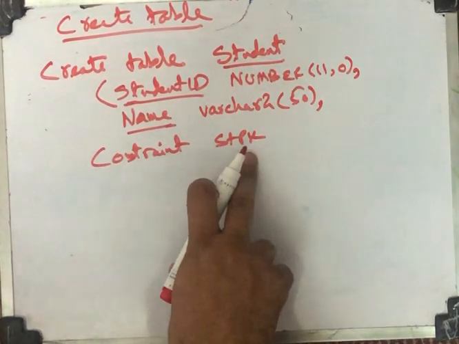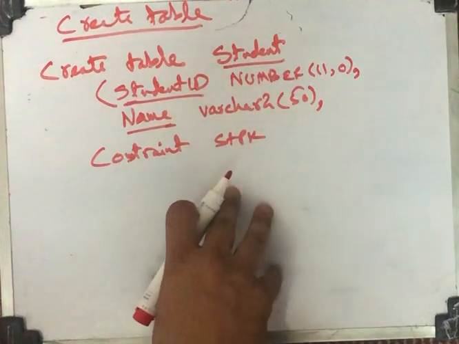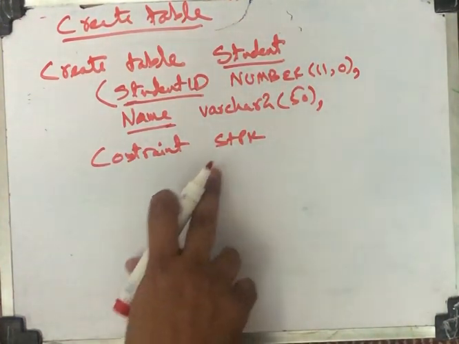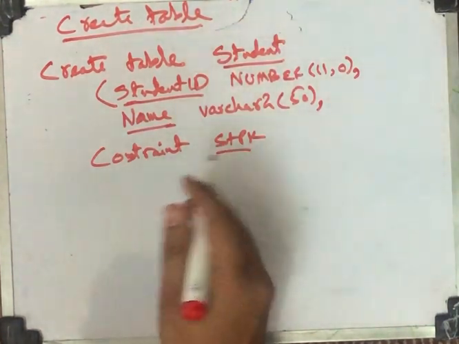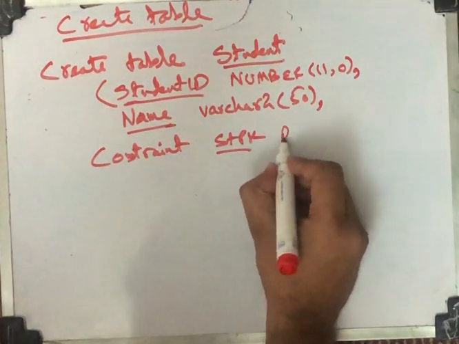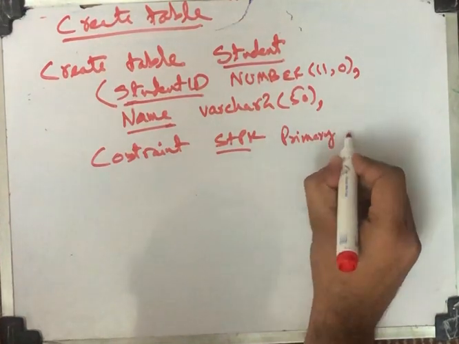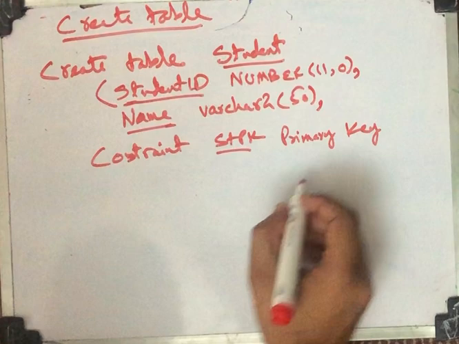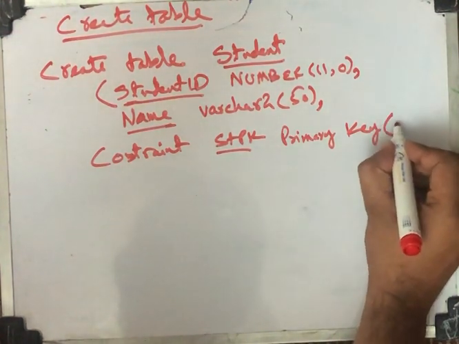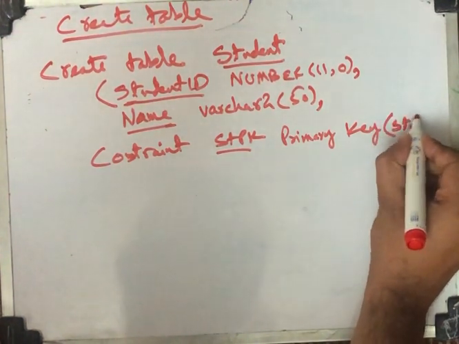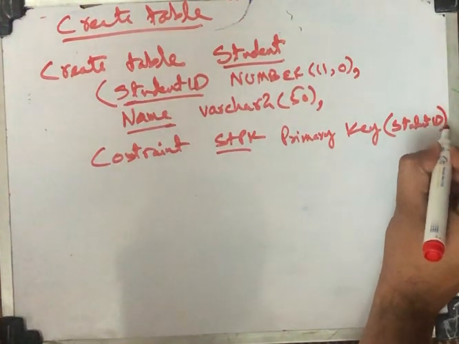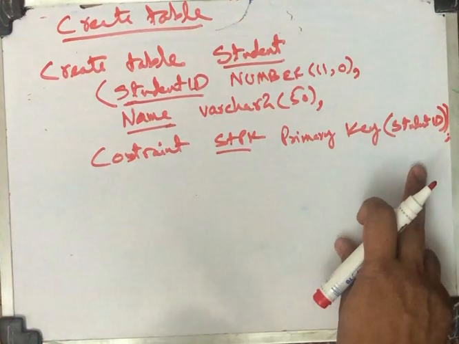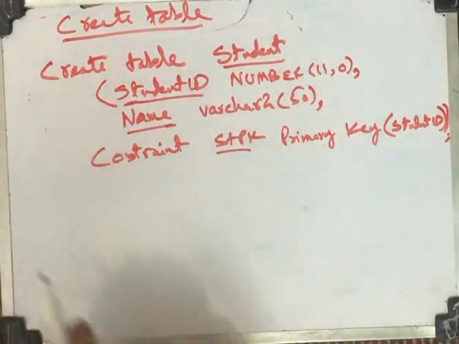So this stpk is the name of the constraint, because these constraints would also be stored somewhere by the DBMS, so they would be recognized by these user defined names which are provided over here. Then primary key is a keyword to define the primary key constraint, and then within brackets the name of the column is provided. Since I want to apply this constraint on student ID, this student ID would be provided over here, and once this command is executed, a